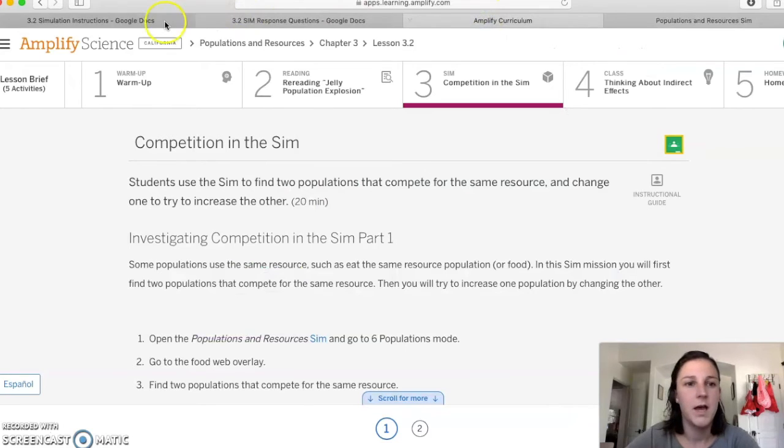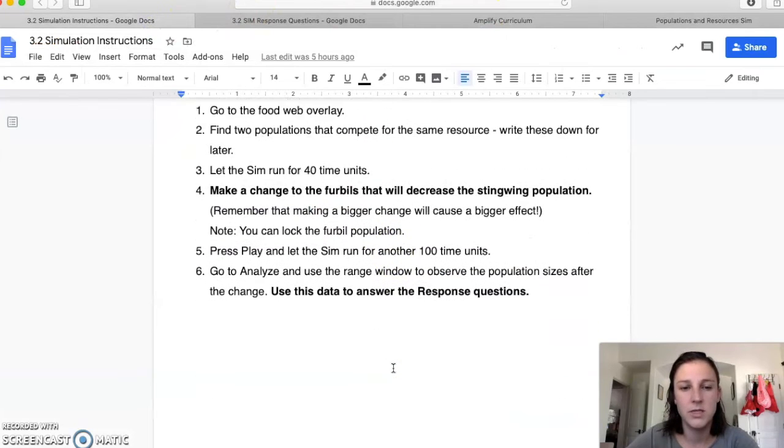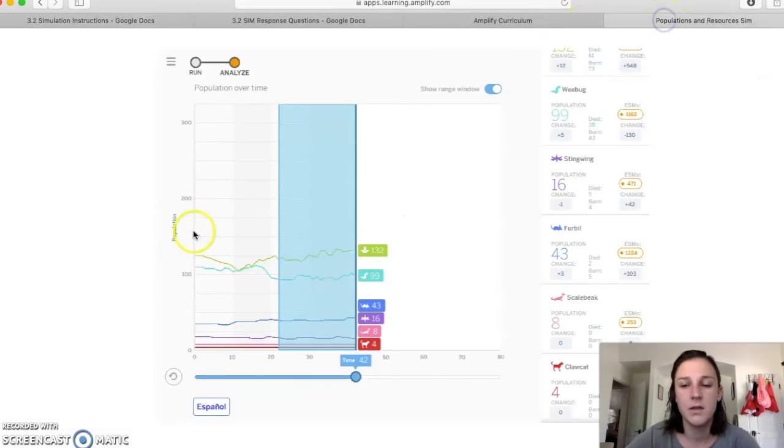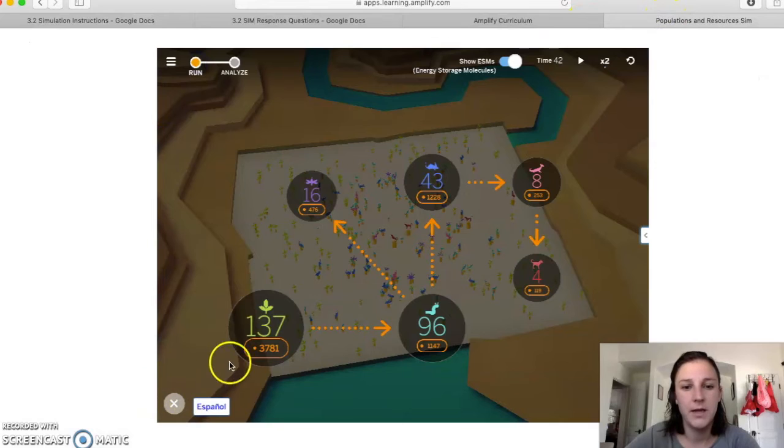population simulation there. Then if we go back to the instructions, make a change to the furbills that will decrease the stingwing population. So if we go back here, we want to decrease the stingwing population. What change could you make to decrease the stingwing population? And you're going to make that change to the furbills, right? So it's not a direct relationship. They're not connected by an arrow. So you have to think about what would you do to this population that could cause a change to this